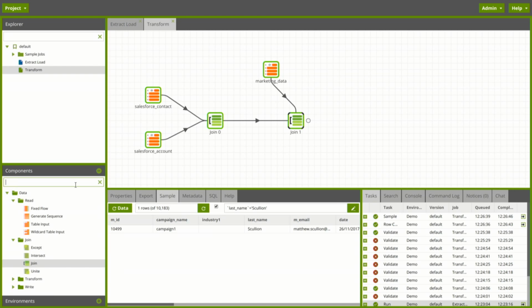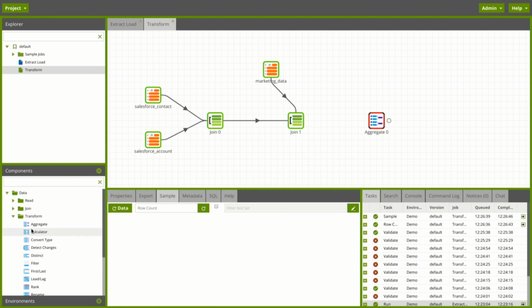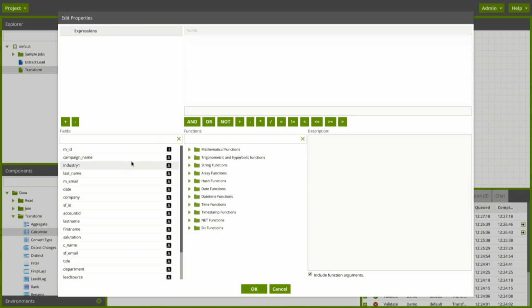That's still raw data. We might want to aggregate that. So I'm going to throw on a quick aggregation, but also a calculation. What we're really interested in here is whether that marketing data actually led to the creation of an account.